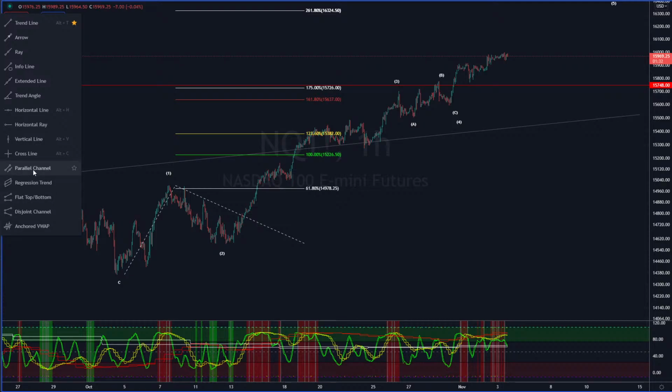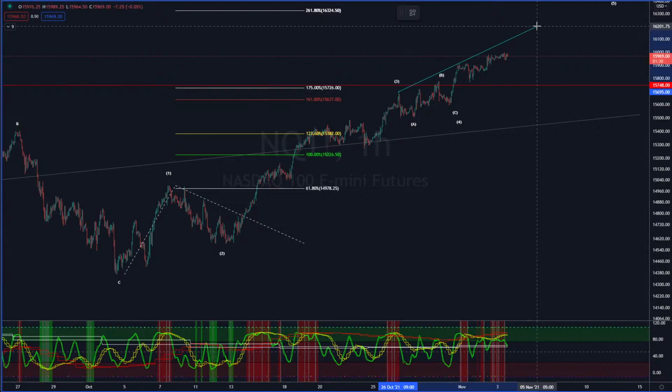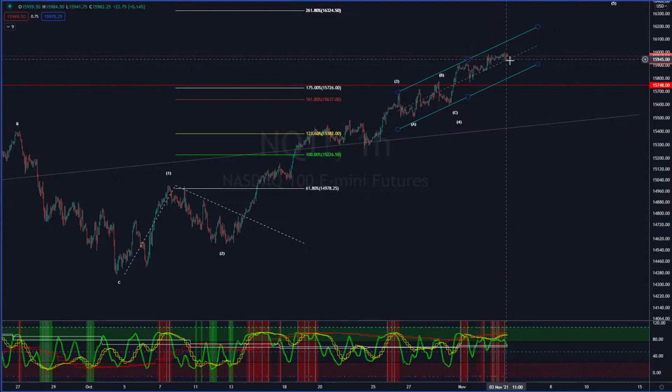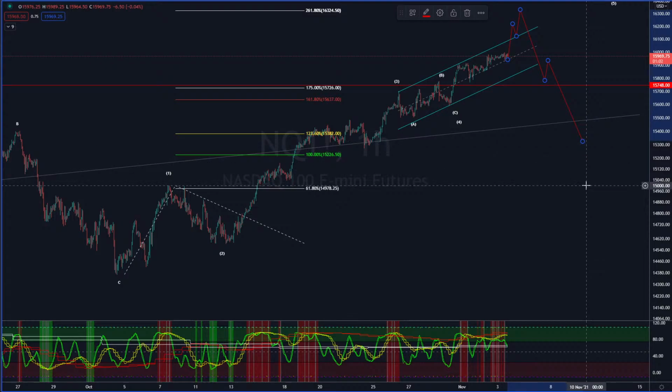Let's go ahead and just kind of map this out. So we've got a nice channel that this is inside of. It's staying in this upper half of the channel, which is nice, where we were kind of below the channel, above the channel, below, above, below, hit the bottom, hit the top. Now we're staying above the median. So all in all, this doesn't look too bad. If we're going to go up to that target, what I want to see is a move up, pull back, retest it, and then hit that target. And then from there, I think we can do a bigger correction down before we move up higher.